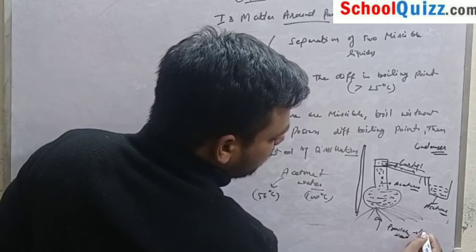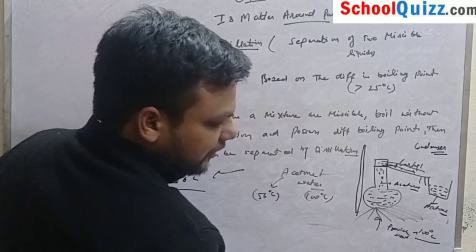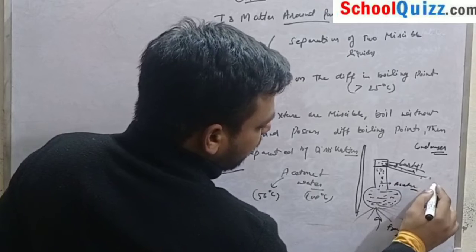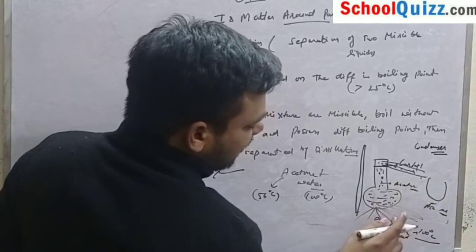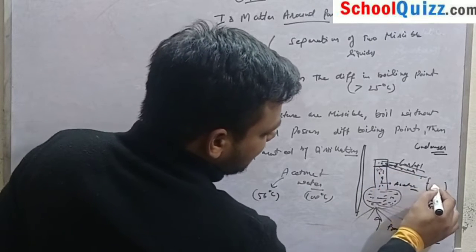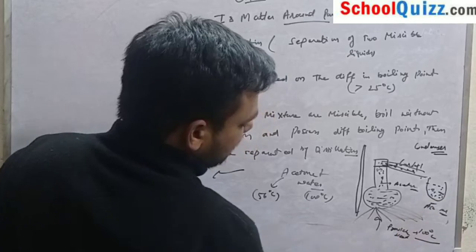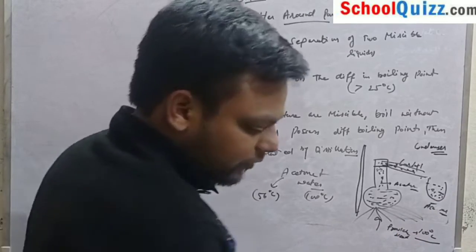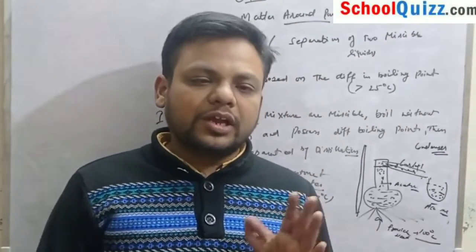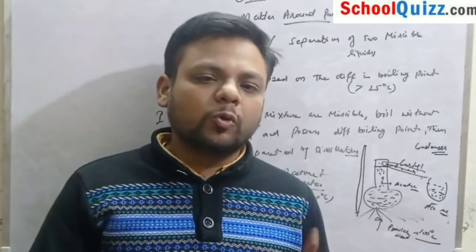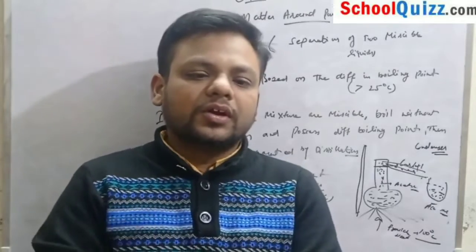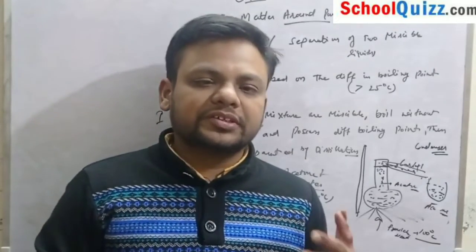and again provide heat, and the temperature comes out to be 100 degrees Celsius, and we will heat till its temperature comes out to be 100 degrees Celsius, and acetone was removed, and now we will again place our beaker, and when 100 degrees Celsius comes, water rises up and gets condensed here, and we will collect all the water here, and with the help of that we can separate our acetone and water, or we can say separate our two liquids whose boiling point difference is greater than 25